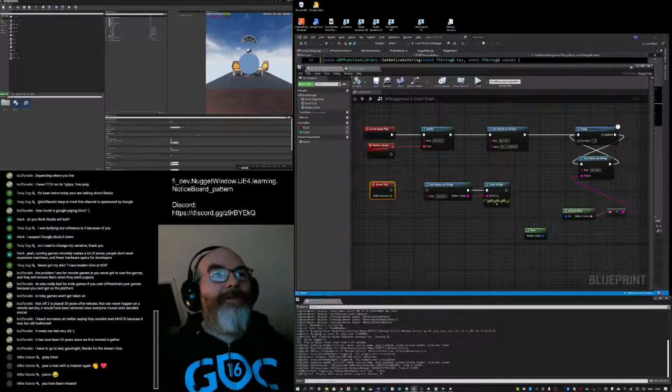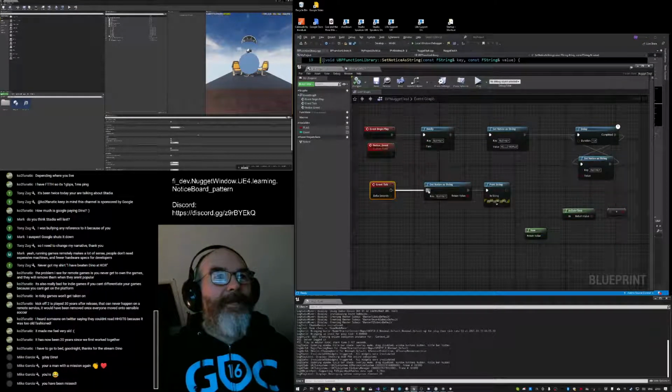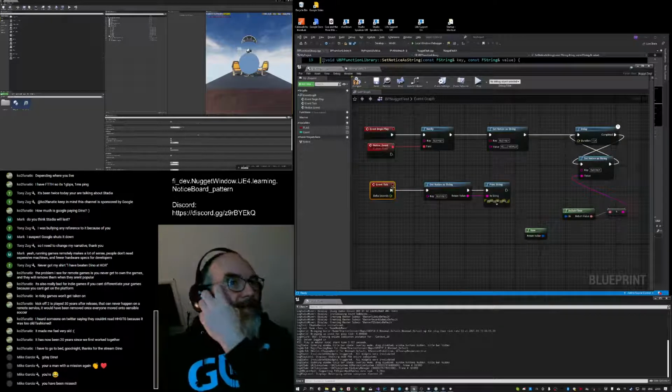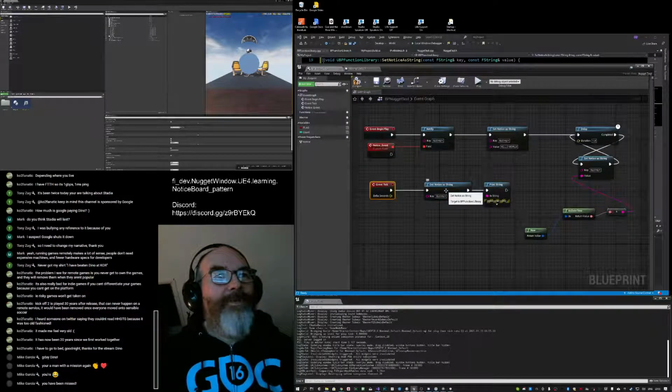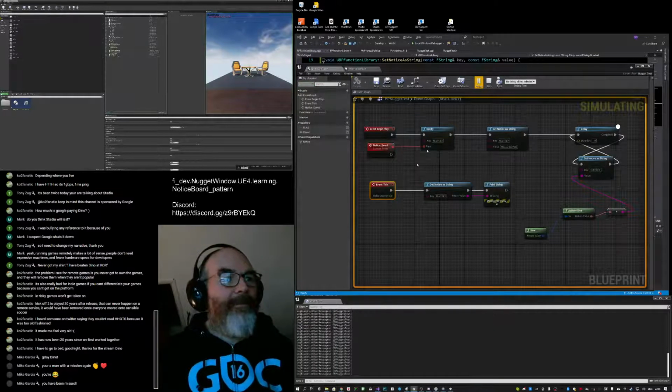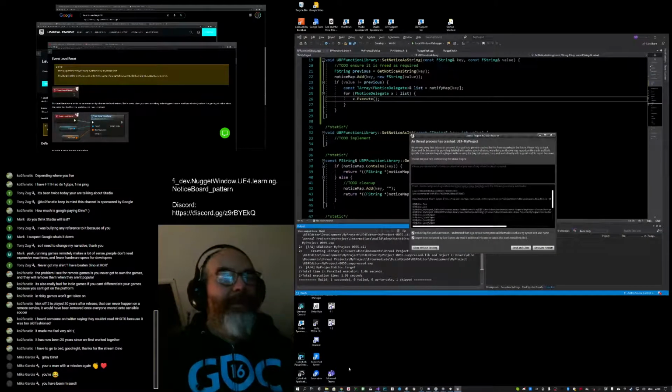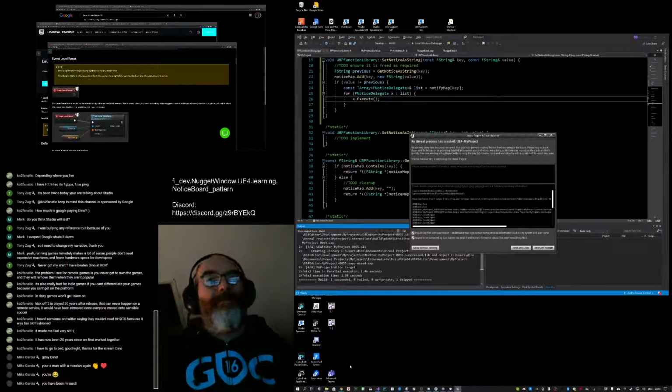Now let's see if it does something. I can call this click here, this tick should be printing the test key every frame. There we are. Oh, you wound me.